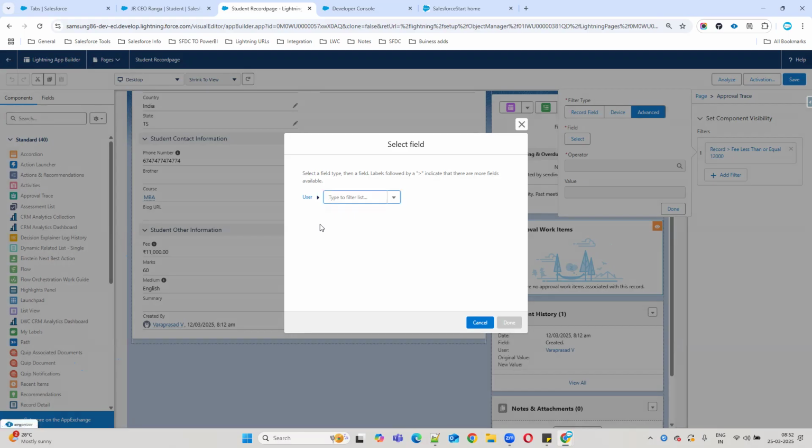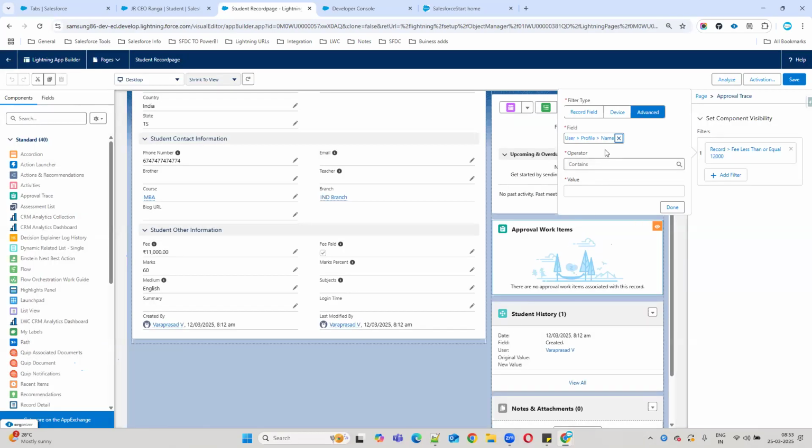For example, I want the user profile. Yes, user profile name equals to system administrator.